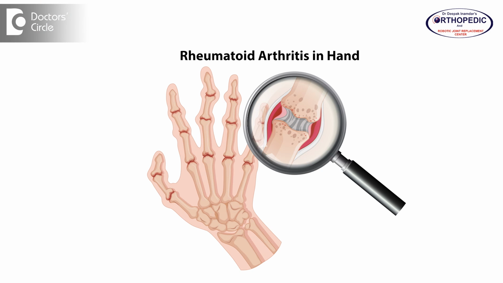The second form of arthritis is seen in younger people, mostly in females, called rheumatoid arthritis. You see pain in small joints of the hands also. With this form of arthritis, you develop early morning joint pains, which are more common in the cold season or in the winter months. So these are the main types of arthritis which we see in the common population.